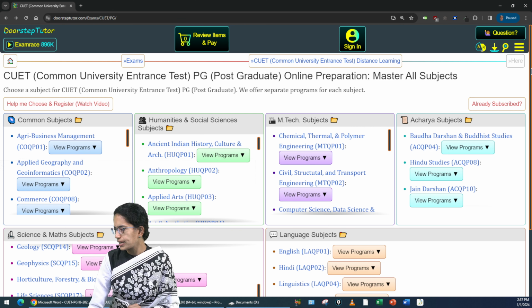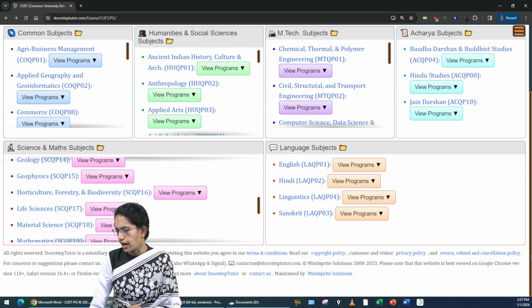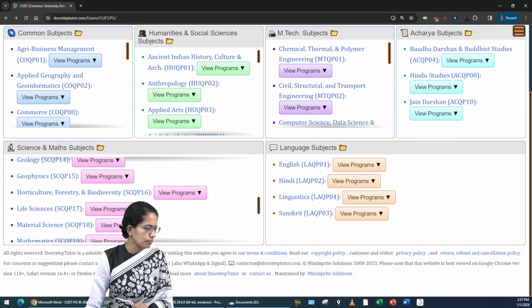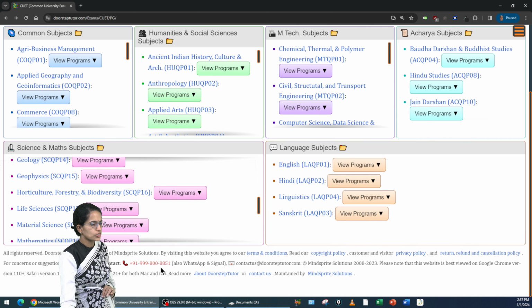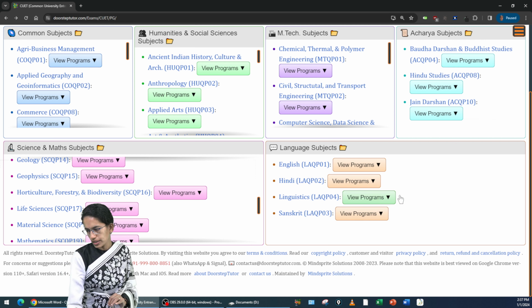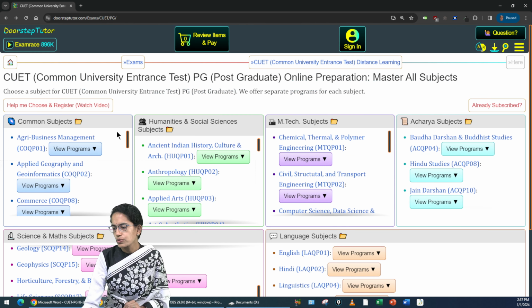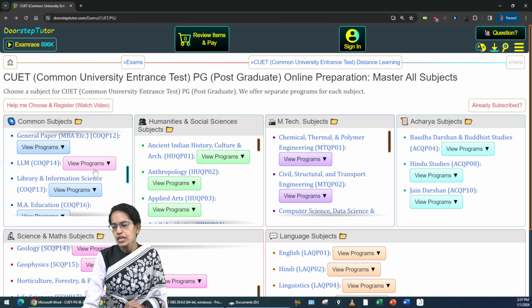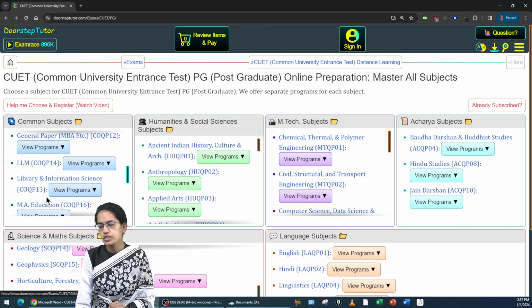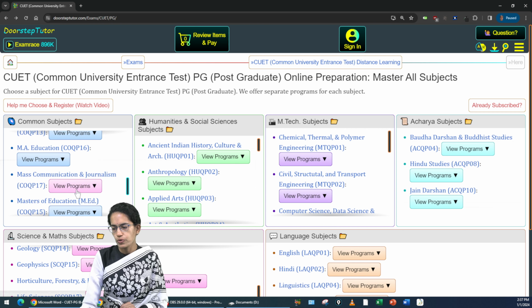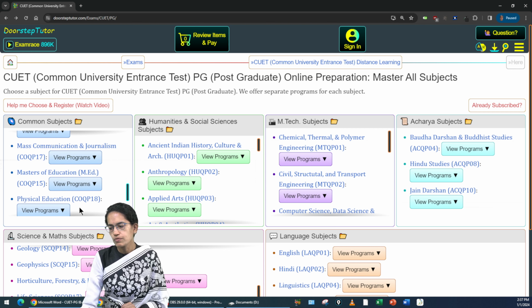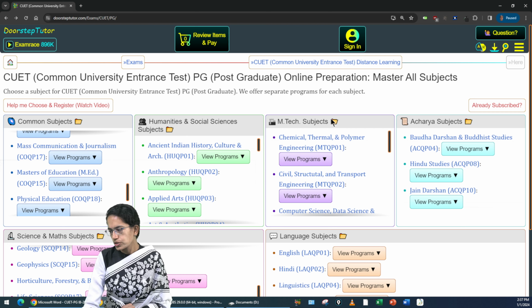So, one is the complete scroll for this page which lets you down, and here we do have our contact number which you can see, and this contact number which is given in red is the helpline number where you can reach us. Now, coming on to the other boxes. So, within each of these boxes, there is a separate scroll bar. You can select the name of the subject that you want to appear with, or search the paper code within that category. So, common would all start with CO. Humanities which will start with HU, similarly MTech courses with MT, and so on and so forth.